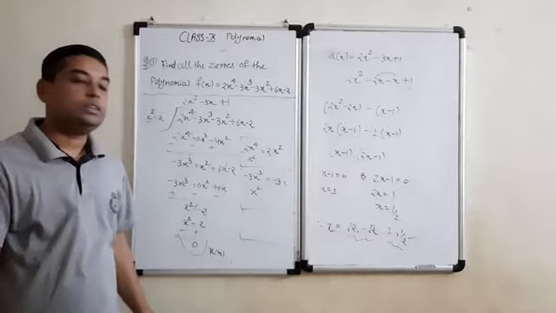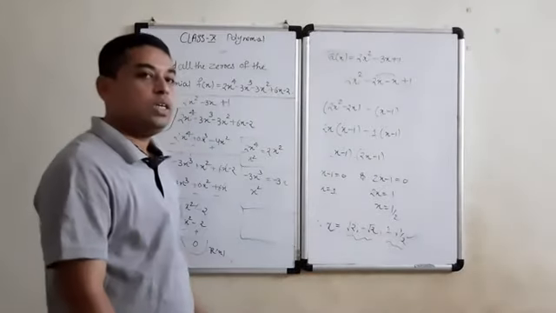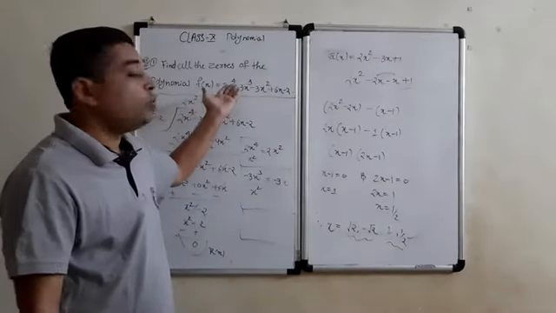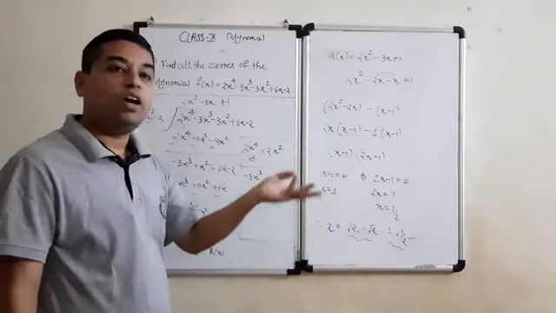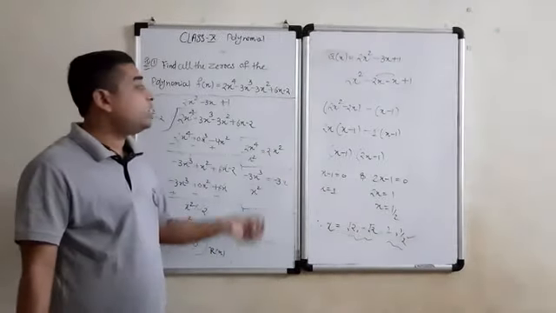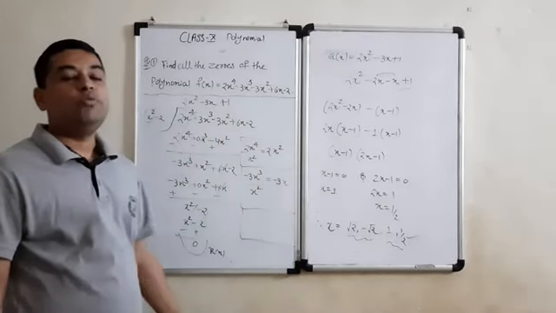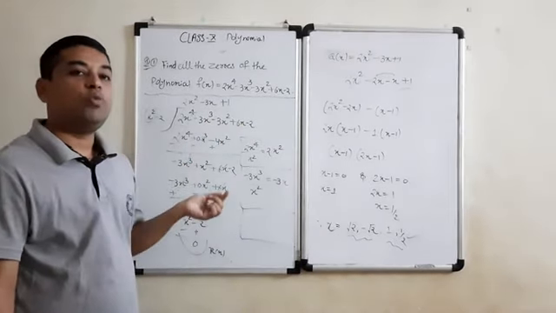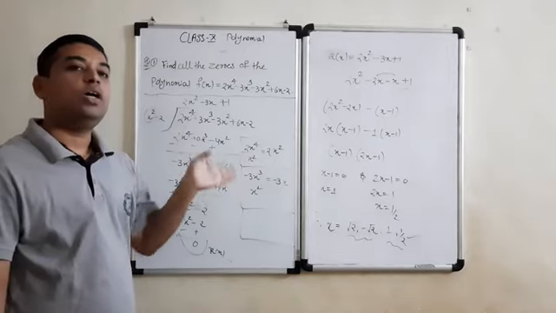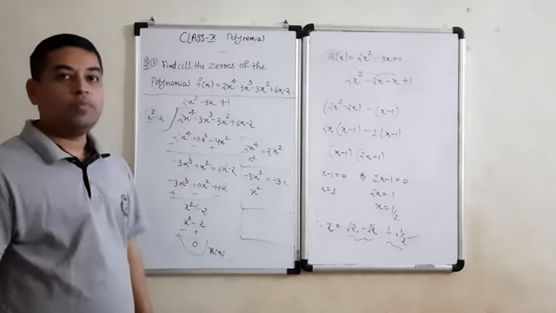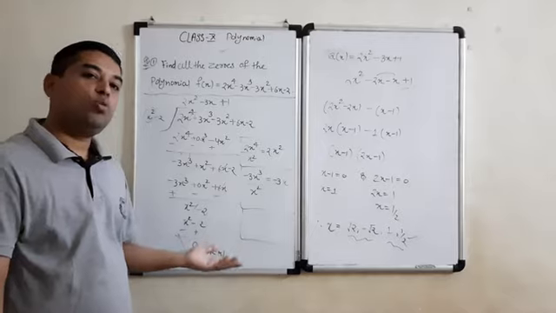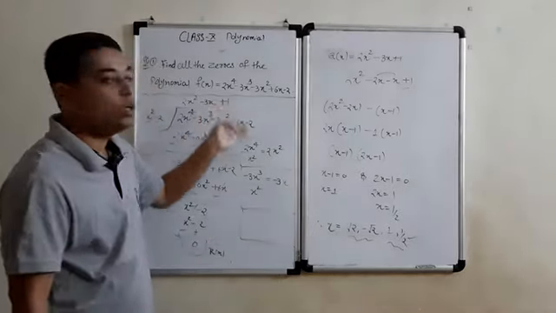This is a very important question. This type of question generally comes in the CBSE exam, where a polynomial of degree 3 or 4 will be given to you. If a degree 3 polynomial is given, they will give you one factor, and with the help of that one factor you have to find the remaining two factors. Because a degree 3 polynomial means 3 zeros, and a degree 4 polynomial means 4 zeros.